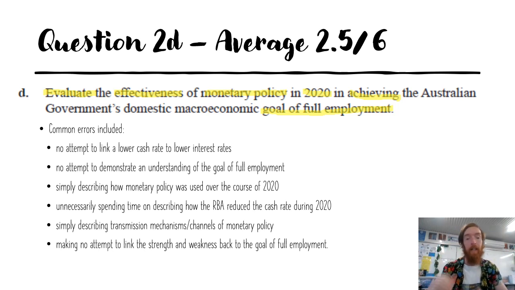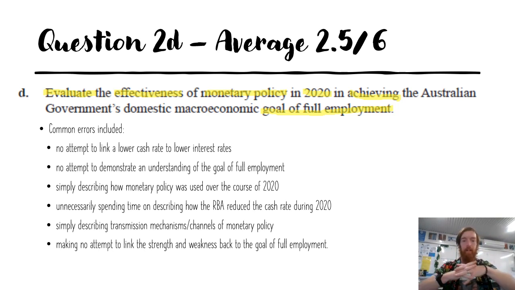Unnecessarily spending time describing how the RBA reduced the cash rate during 2020. So you don't really need to talk about open market operations or the interest rate corridor, etc., or that fancy different monetary policy. You don't need to do that. Simply describing transmission mechanisms, channels of monetary policy. So although you could say that's how it works, you then need to link that into 2020 and full employment,